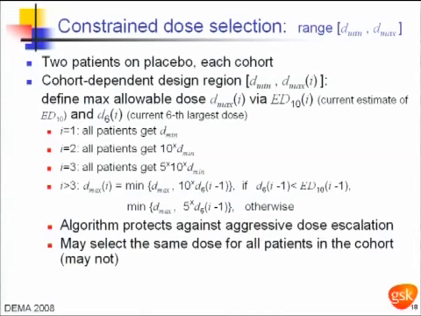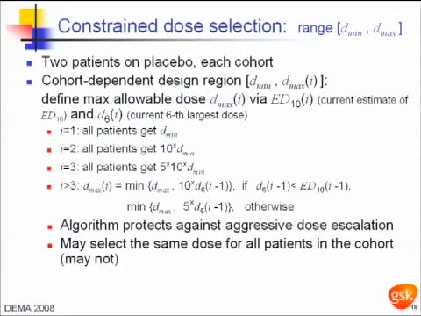Remember that we have 2 patients on placebo for each cohort, and we have cohort-dependent design region. So for each cohort, we define in a special way the maximum allowable dose for this cohort. And it will depend on the current estimates of parameters, in particular ED10, and current 6th largest dose for special reasons. We start the first 3 cohorts with fixed dose selection. Minimal, 10 times minimal, then 5 times 10 minimal. Then, after the 3rd cohort, we may start estimation and use our cohort-dependent